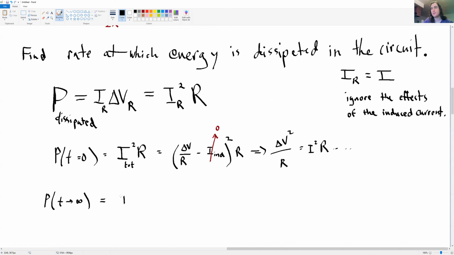And so the total current is actually 0. So delta V over R minus I induced, quantity squared, times R, but I induced is going to be,